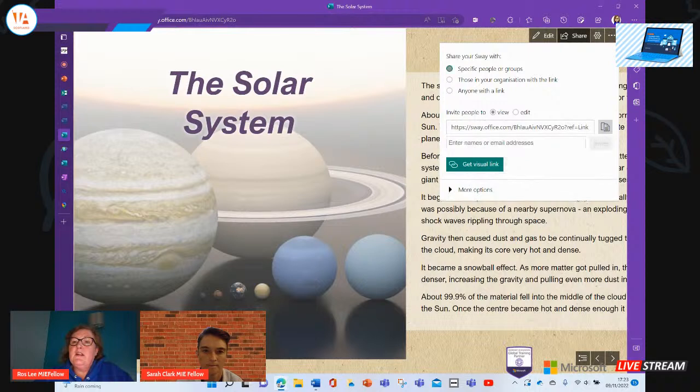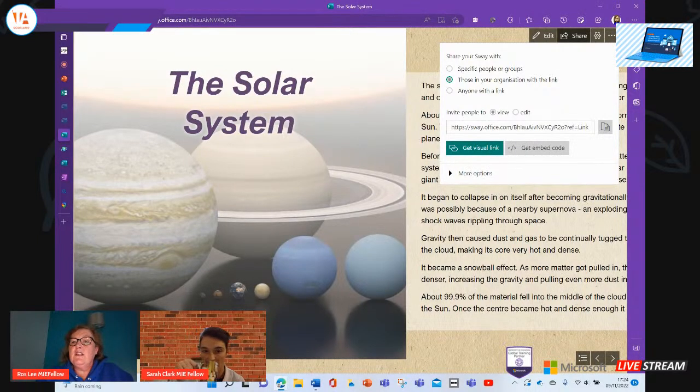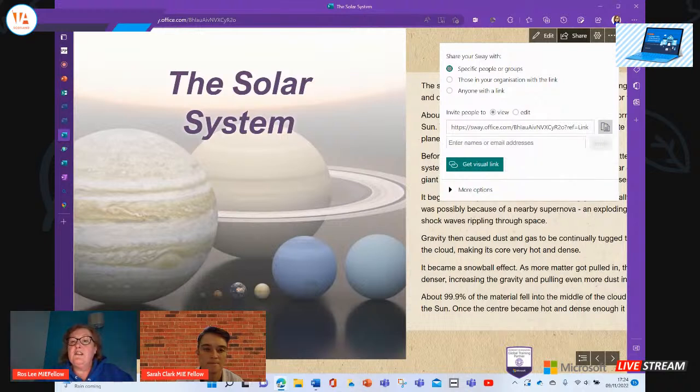Specific people or groups allows you to add somebody, their email address there in the way that you would share maybe a OneDrive document, and those in your organisation with the link is everybody within Glow. And you can invite people to view or edit. If you decide that you want to share your Sway with a colleague, you would choose specific people or groups and you would allow them to edit if you want them to edit it,